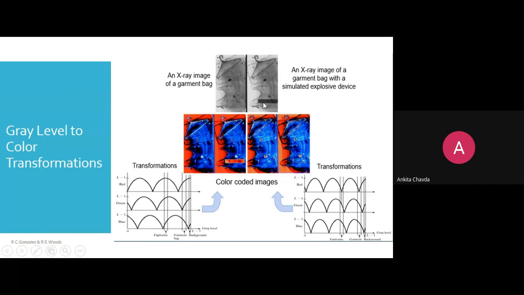So how are you doing such color coding, so that it will show you a different color? If a different color is there, it means something suspect is there. Then they will zoom in on that area and watch again, and take photos. If they still have doubt, they will simply ask you to open your luggage. Right? Otherwise, physical verification won't be there. They will simply detect this via the color code.